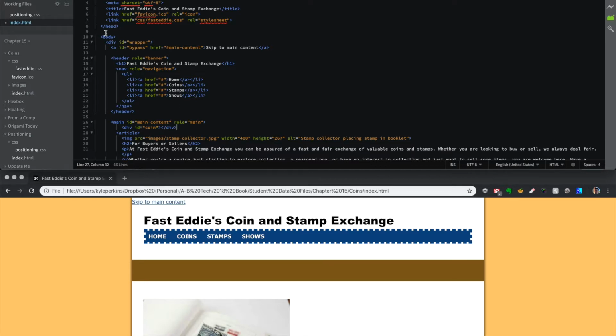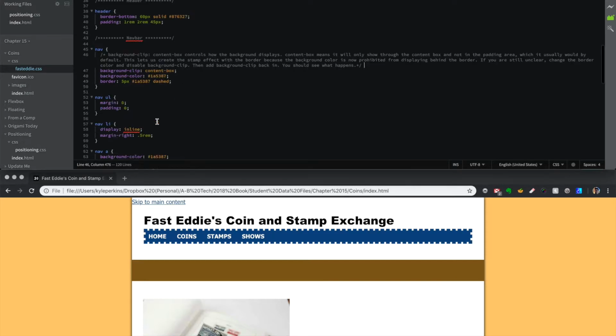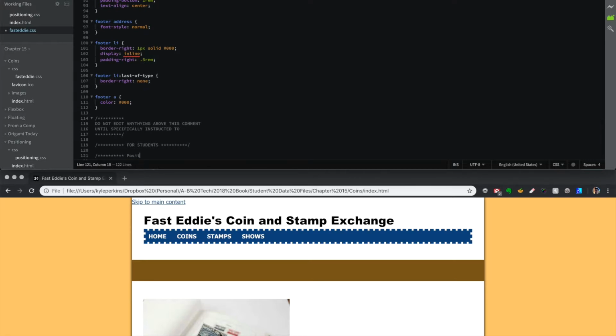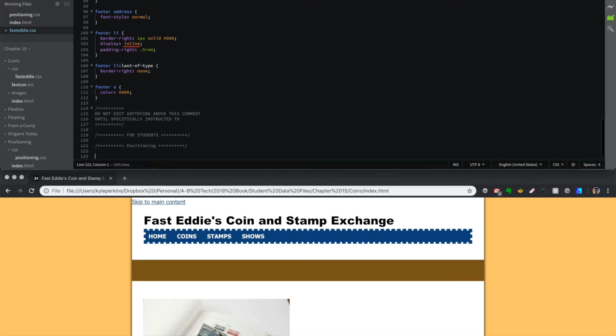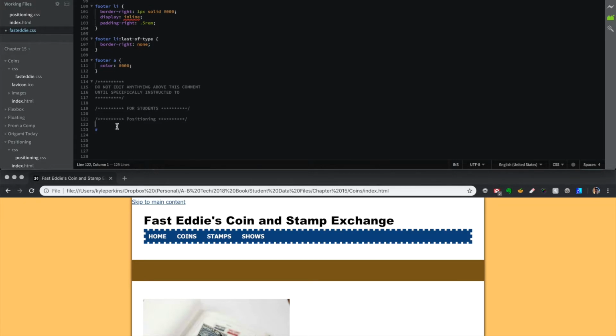So in the CSS, save the HTML, then click to the right of the For Students comment at the bottom of the page. For students, hey, that's you. Enter twice, enter the new comment, positioning. Enter twice, calling it by the ID coin. Going to add a few new lines so we can actually see what we're doing. Coin,